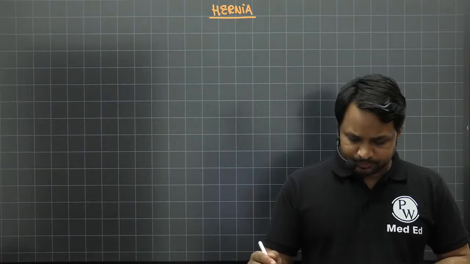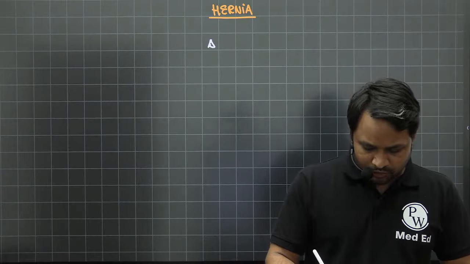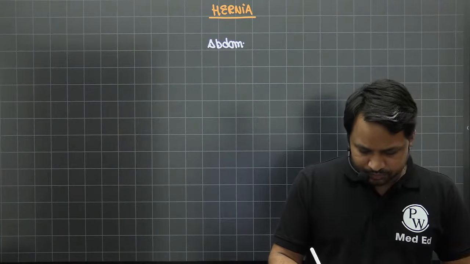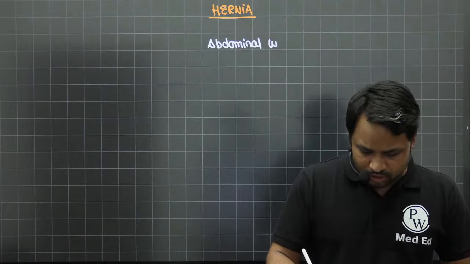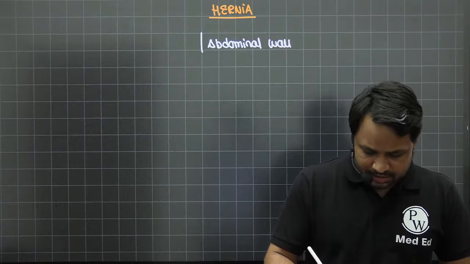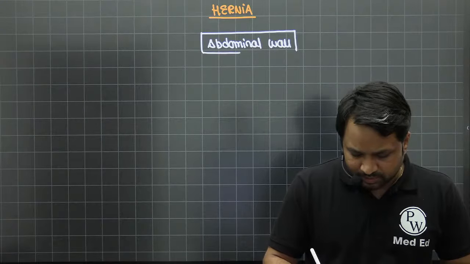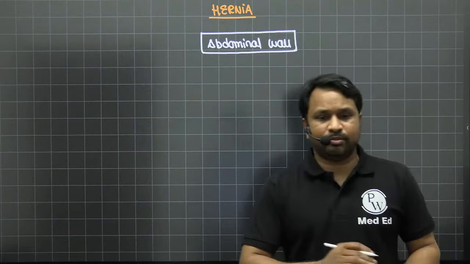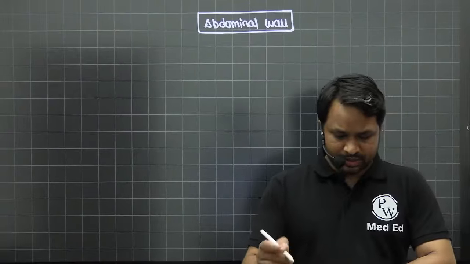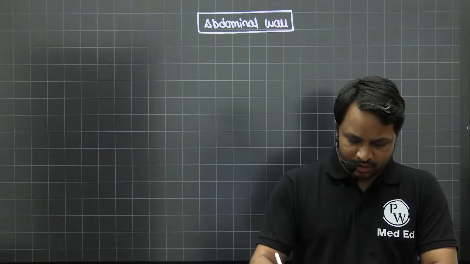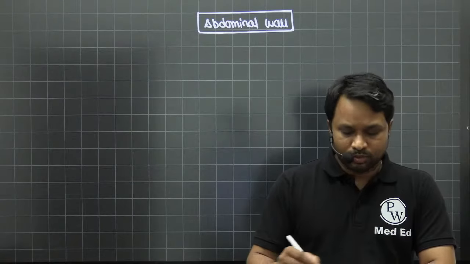So as I told you, we'll be continuing from hernia onwards. Now, in order to understand hernia, you need to have a very sound knowledge of the abdominal wall. So let's quickly talk about the abdominal wall's anatomy, and then we'll see the inguinal canal's anatomy, and then we'll build up from there. So when we talk about the abdominal wall, from outside to inside, we'll try to see across it. Now, when you look at the outermost structure,